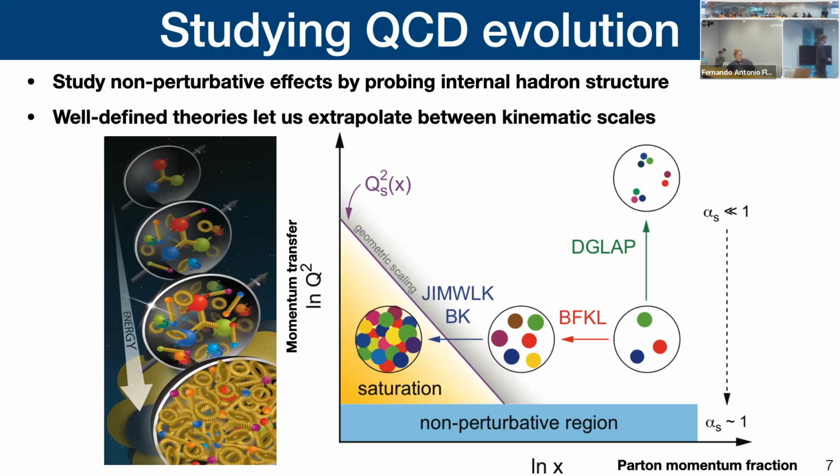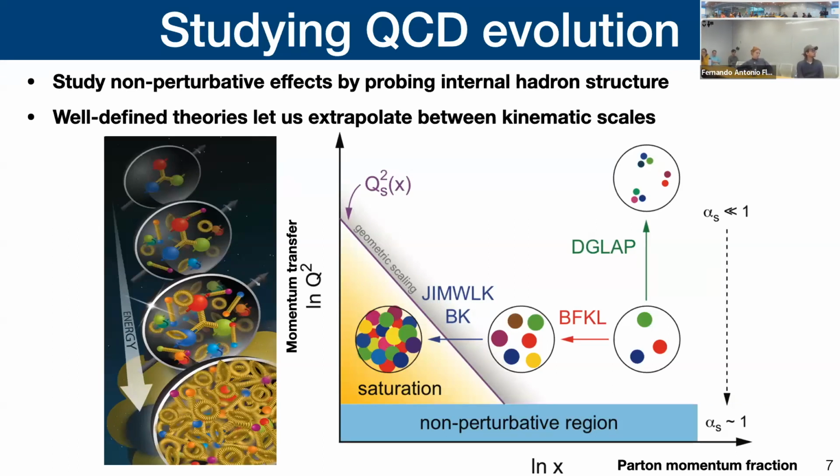And so we can actually study this by picking a given momentum that we want to probe a hadron, and pick a given fraction of the quark-gluon inside the hadron we want to probe, and we can basically make a measurement at some point in this plot. And then we actually have theories that allow us to extrapolate in different directions in this momentum transfer and parton fraction space to essentially learn more about how the hadron structure depends on the energy you probe it at, and also the momentum of the quarks and gluons inside of it. So that's one way we can study how QCD works.